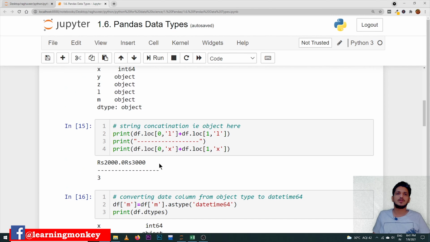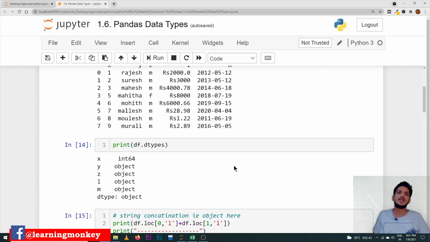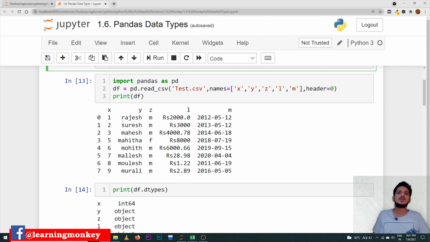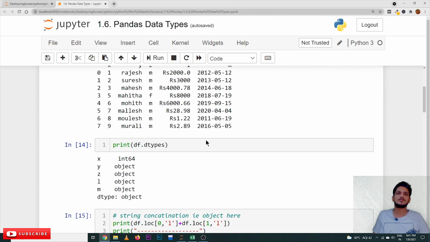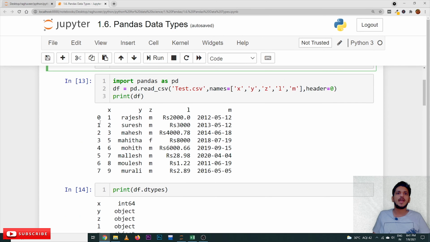Before going into the data types, let's first understand how it is working with string data types and integer data types. We take print df.loc[0, 'l'], which means the 0th row, l column.